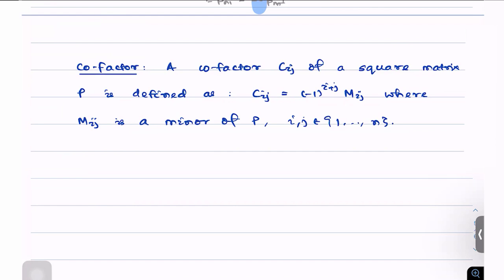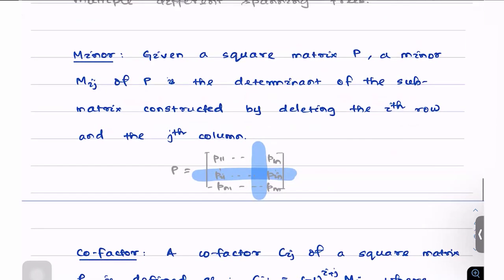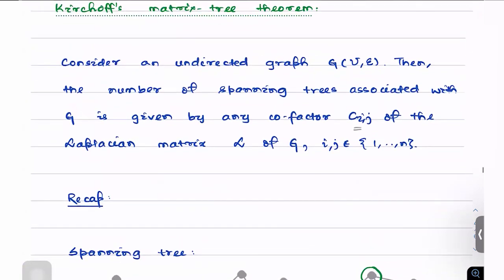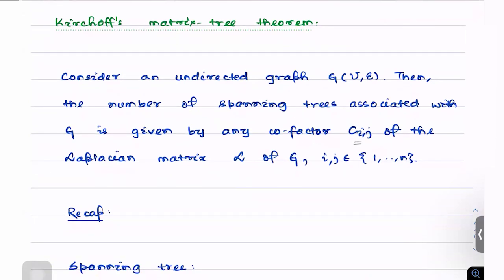So now this is all that we need to know about what a cofactor is and what spanning trees are. Let's try to understand the result that is shown here. It says that using the Laplacian matrix, we can directly compute how many spanning trees any graph will have. So let's apply this result to a specific example to understand it better. Start with this graph.